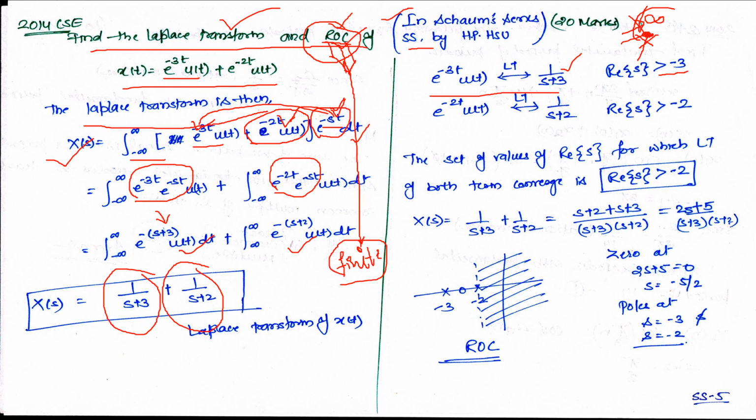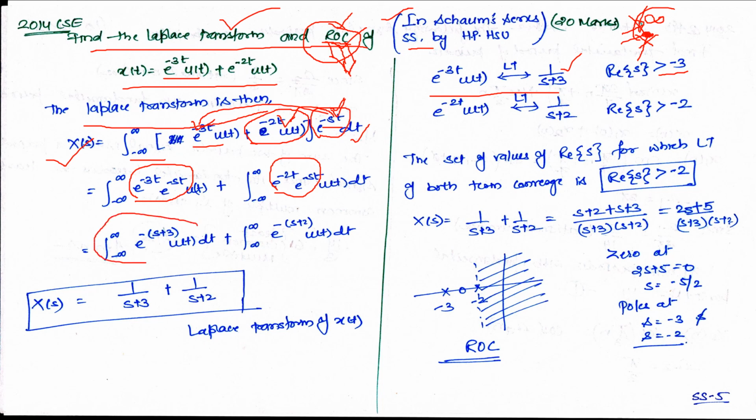Now how is it greater than minus 3? Let us do some calculation here. Let us take this term separately, consider this term separately, and let me remove the other annotations. So I'll remove this. What does convergence mean here, let us see. If you take only this term, it is saying the real part of s must be greater than minus 3. Assume that s is minus 2. Obviously minus 2 is greater than minus 3.